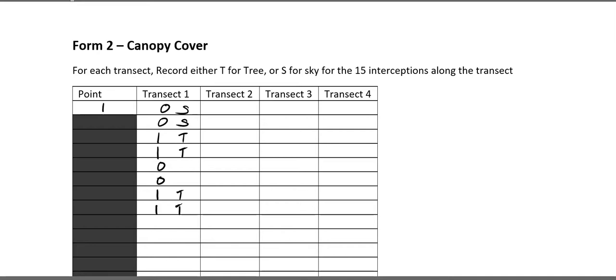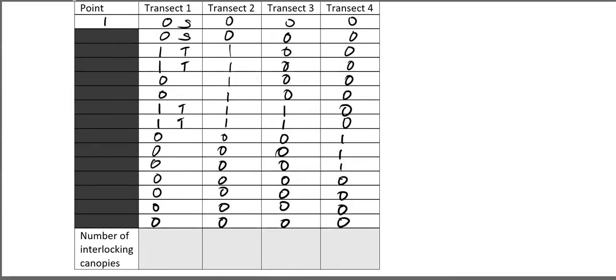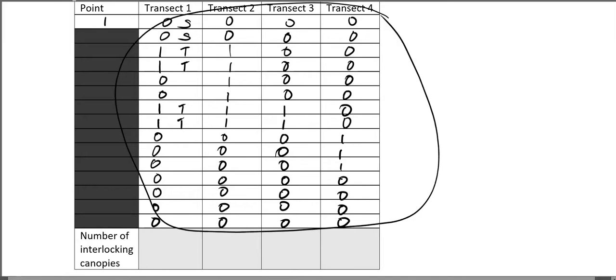So that's why that is fairly helpful. I'm going to pause real quick and finish filling that out for you. Okay, so I have this filled out, the 1-0, the number of hits from the densitometer or the moose horn. But this down here is not a sum of this. Instead, it's that idea of how many trees have interlocking canopies within the plot, and you're measuring them from the end of that transect. So my first one, I had 6 trees with interlocking canopies, and then